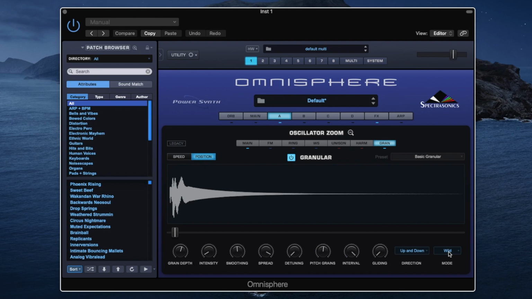So the last control that we're going to look at is the actual mode of the Granular engine. I'm going to remove some of the pitching for this one. Okay, so you'll see this legacy button over here. The Granular engine that we're using at the moment is the one that was in Omnisphere 2, and it still exists in the synth, but they changed it between Omnisphere 1 and Omnisphere 2, and it gave it a different characteristic. We are still able to go back to the version from Omnisphere 1 using the legacy button. All this does is change how the Granular engine works beneath the surface,